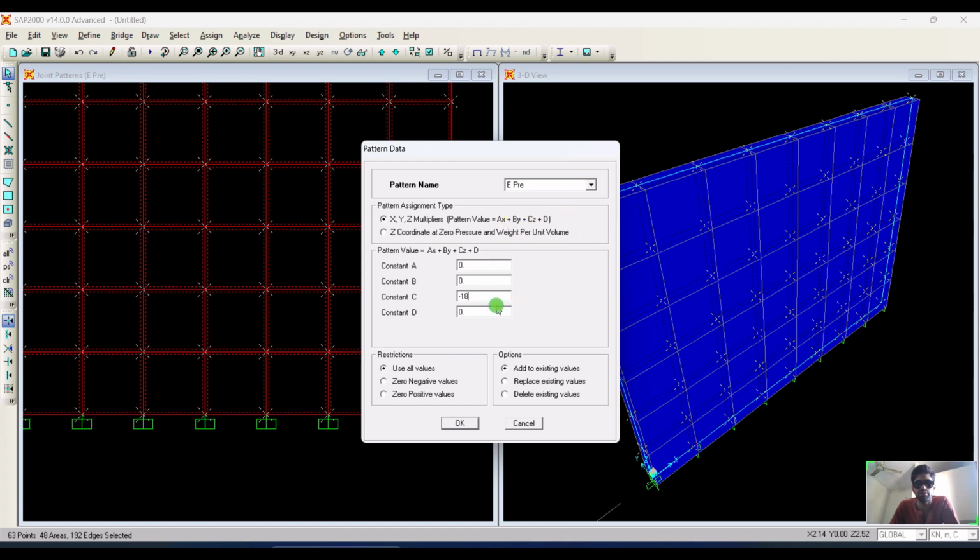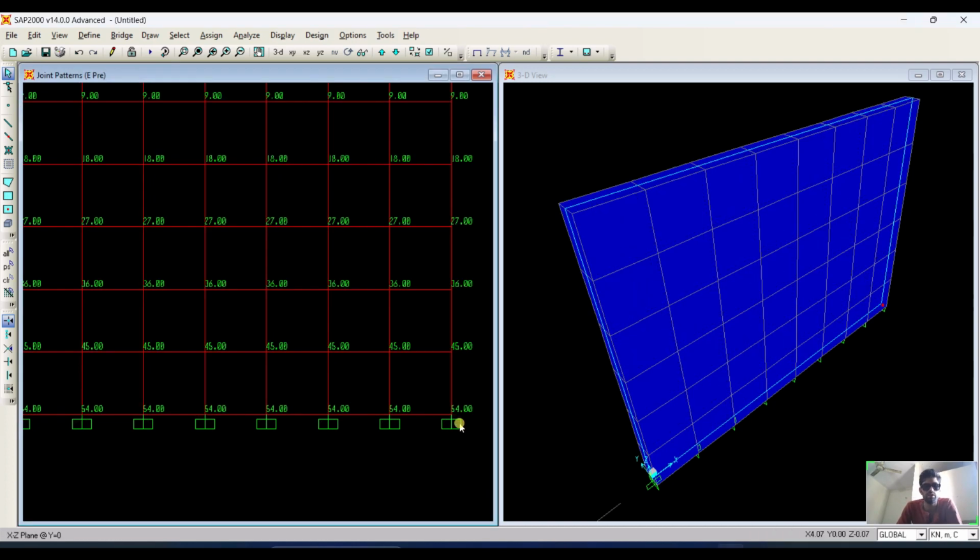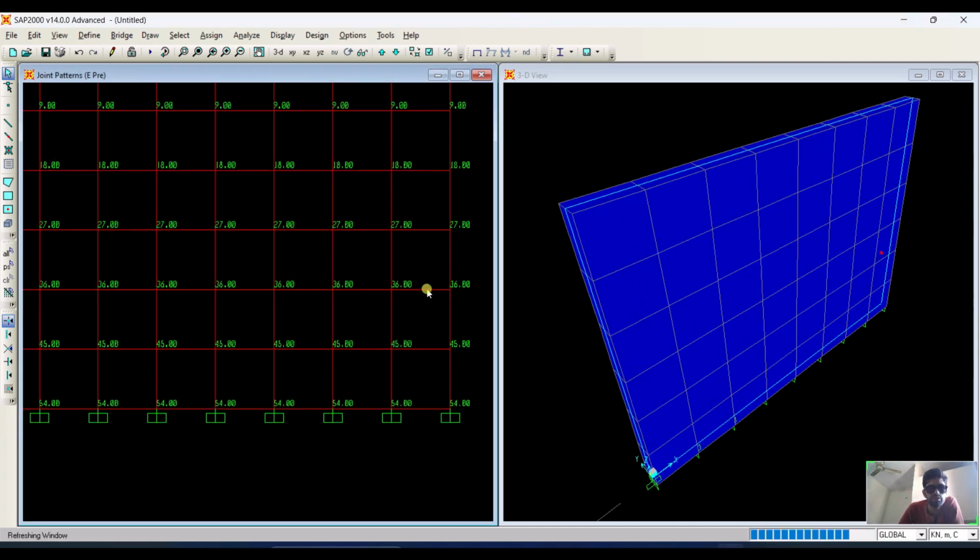So it will neutralize, and this will be 18. So at the d value actually equal to cz, so it will multiply c into z. So c we have 18, so multiply by 18 multiply by 3, because we have the elevation 3. Replace existing load, if there is any existing load, so replace, it will calculate it here. So use all values. Okay,